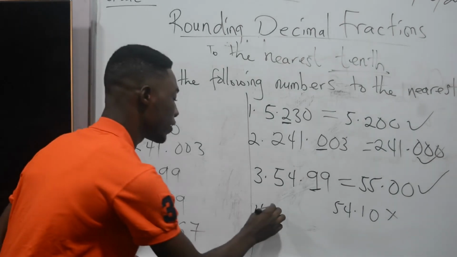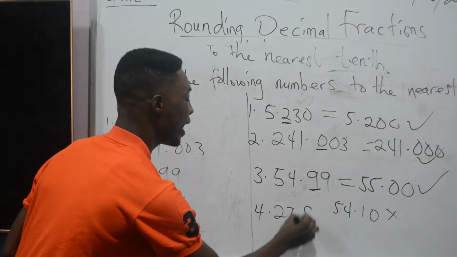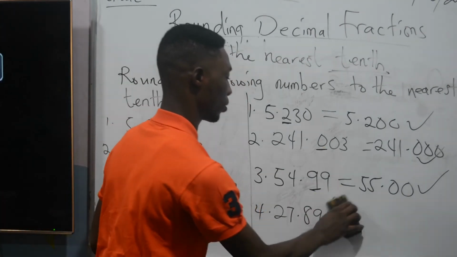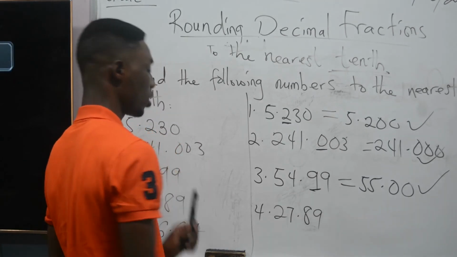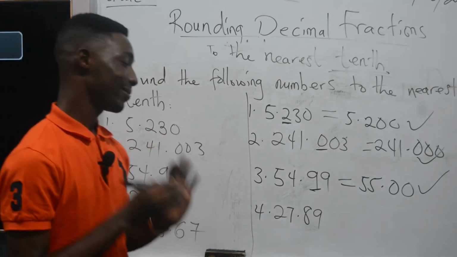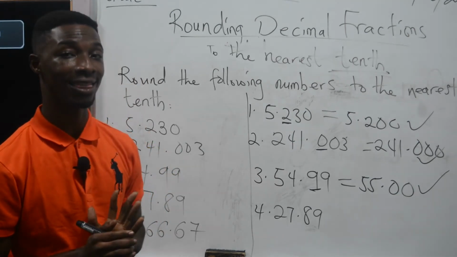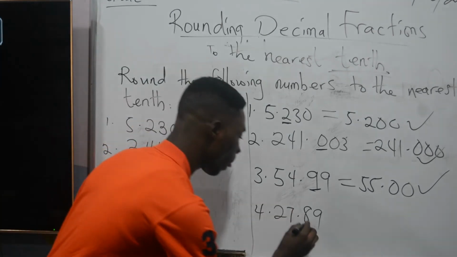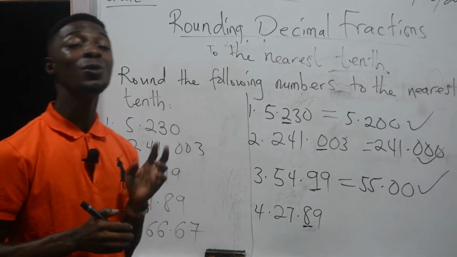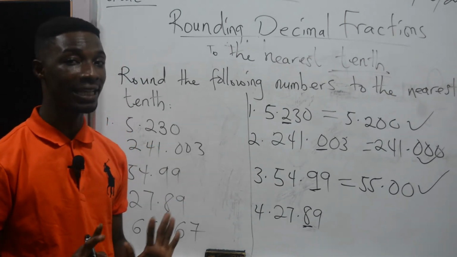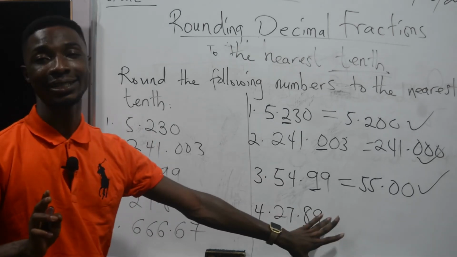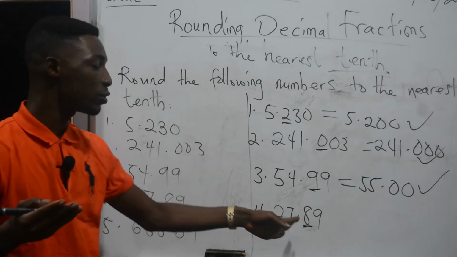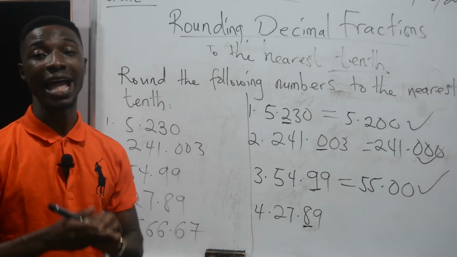Now we have the next one, which is 27.89. We need to round this number to the nearest tenth. What we need to do is to locate the number at the 10th position. That is 8. Then we look at the number just after the one we have located. And that number is 9. 9 is more than 4. So what do we do? We just add 1 to the 8, then we change the 9 to 0. And that gives us